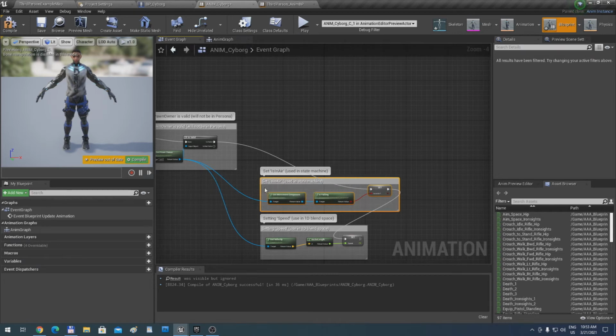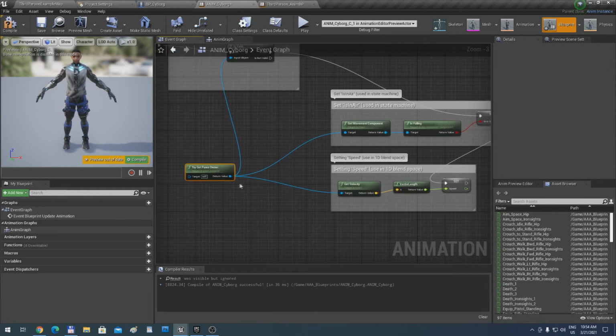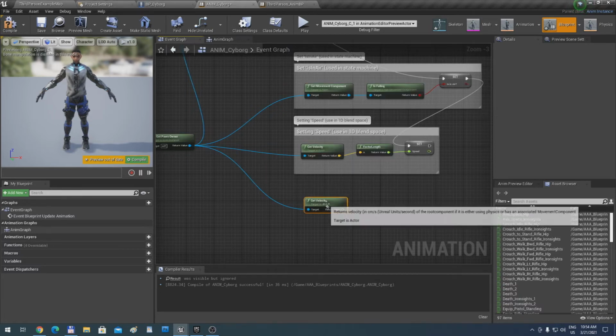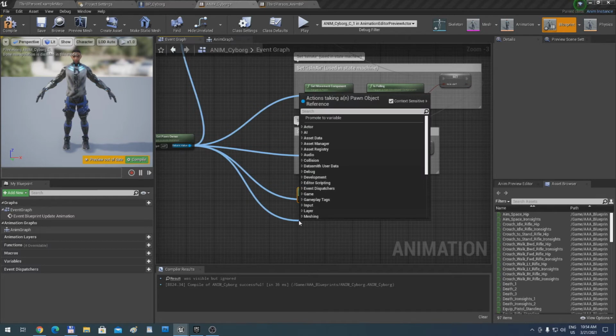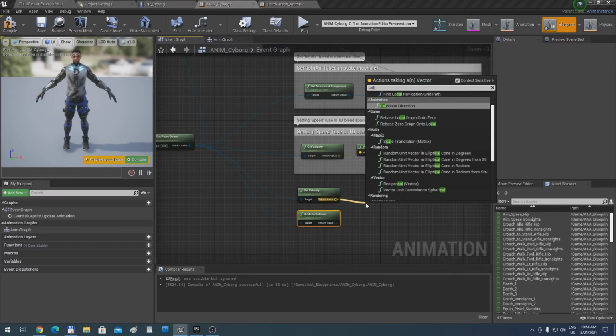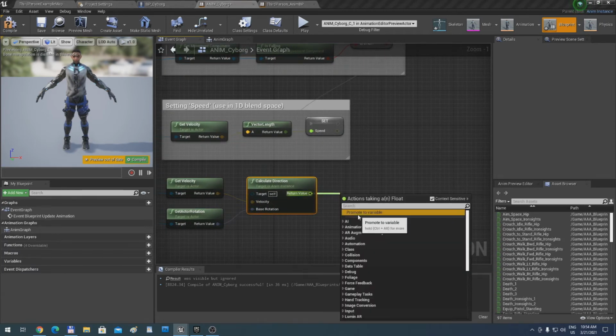set air combination and we got a speed animation. We're also gonna need distance. So direction, sorry, we're gonna need a direction. So just pick it up and get velocity again as well. We're gonna need one more thing for the direction, and that's also to get actor rotations. Okay, we're gonna need to calculate the direction, because we calculate direction from base rotation and velocity, and from the return value we're gonna promote a variable which